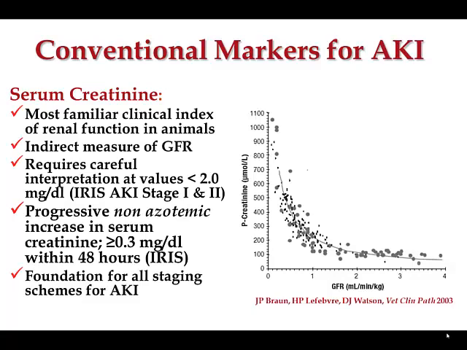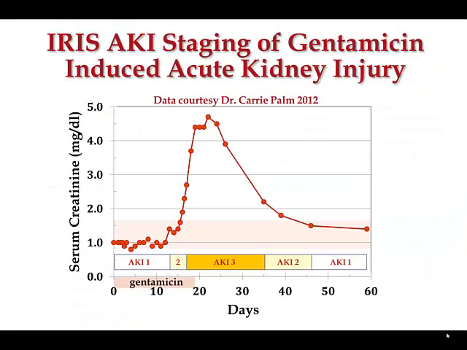And most of the classification schemes that have been developed to stage or classify acute kidney injury actually are founded on serum creatinine. And IRIS would suggest that if you document sequential increases in serum creatinine as little as 0.3 milligrams per dL over a 48-hour period of time, that defines an acute kidney injury. So creatinine is useful, but it again is not very specific. As I'll show you in a minute, it's going to be a very late marker.